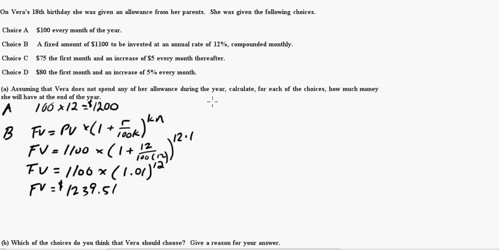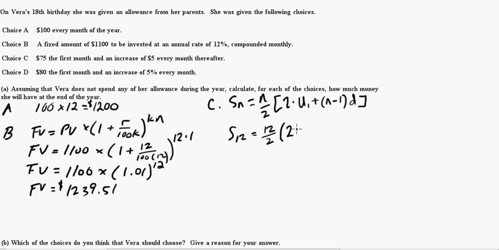Now choice C. It says 75 for the first month, and an increase of $5 thereafter. That's an arithmetic sequence, so we can use the arithmetic sequence formula to get our sum, because they want to know how much for the year. Remember that this is n over 2 times 2 times the first term plus n minus 1 times d. You could add them all up if you want, but this is much quicker. So the sum of 12 is going to be 12 over 2